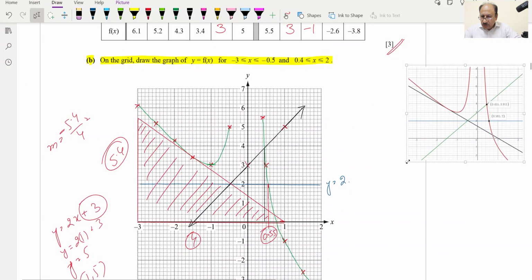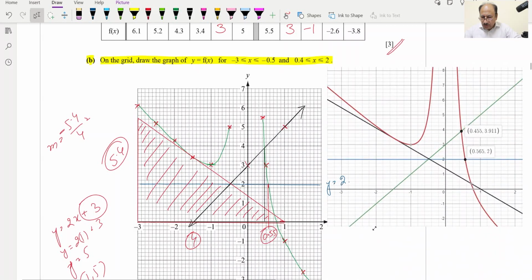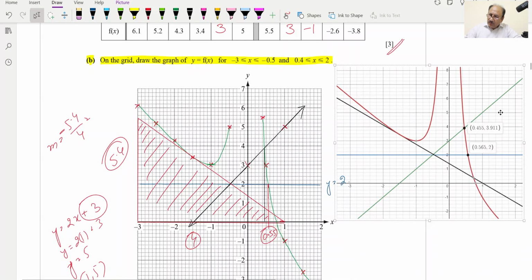Now this is the picture which I have inserted from the curve which I have shown you, and this is basically the point of intersection of y is equal to 2 and the curve, and the point is 0.56. We have written 0.55. This is basically 0.55, and this is 0. We have written this point as 0.55 and this point as 0.5, which is almost accurate, and this is the point where it is intercepting at